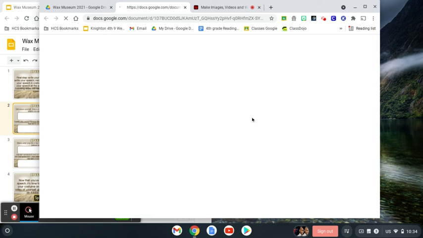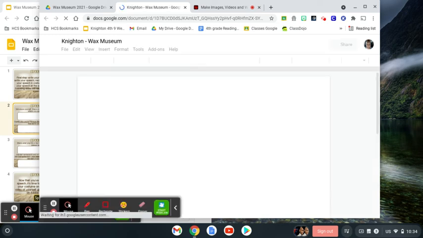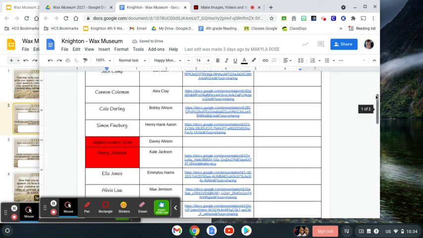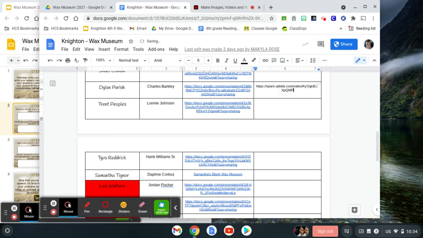I'll go to the document, and then I'll click next to my name under speech link. As I said, I was portraying as if I'm Dylan, so I'll scroll down and find my name. This time I'll be in the second column, and I'll simply press Control V. And now I have a link for my scrapbook and a link for my speech.